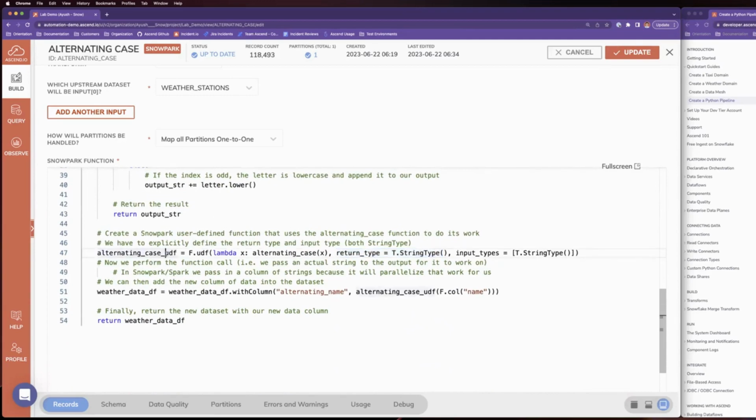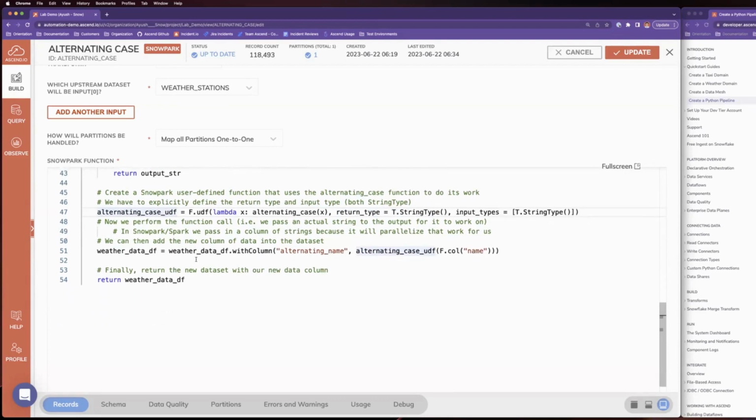we can assign that to a variable and say, this is our new UDF function that would actually utilize Snowpark as it's intended, right? So parallelization, working with it in a very vectorized format, rather than the Python version, which would go one by one, or at least it would expect a single string rather than a column of strings. And so now that we've done all the work in order to create an actual function, a user-defined function that can work with Snowpark,